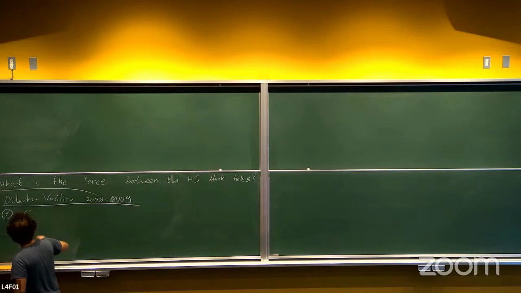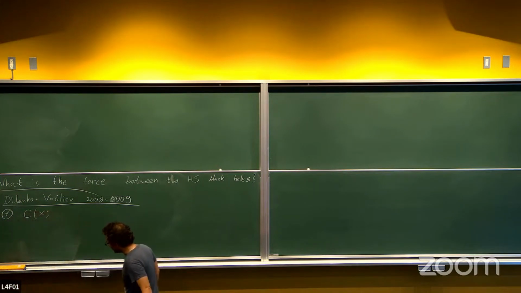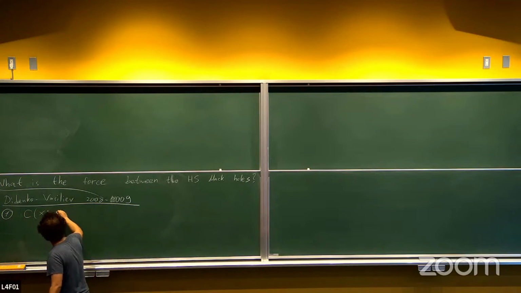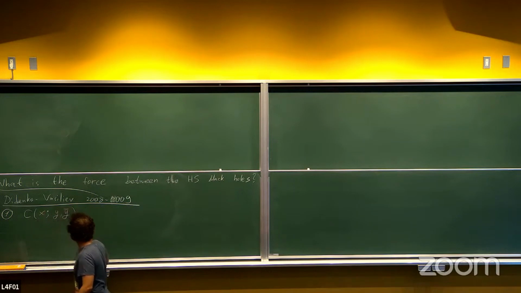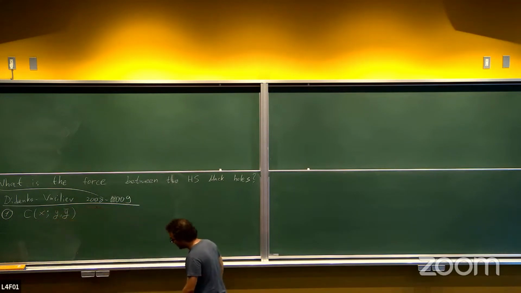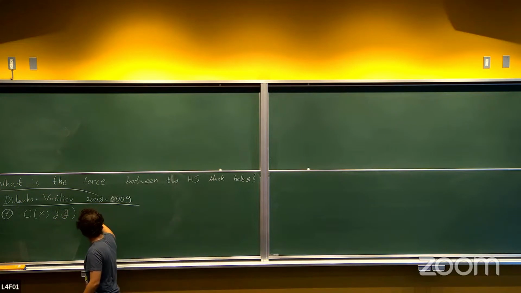The idea is that if we want to create a master field, this scalar that depends on space-time and spinor variables, which encode the spins' polarizations and their derivatives, then we can construct one that solves the free